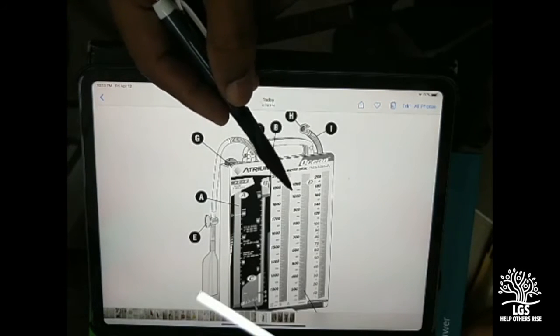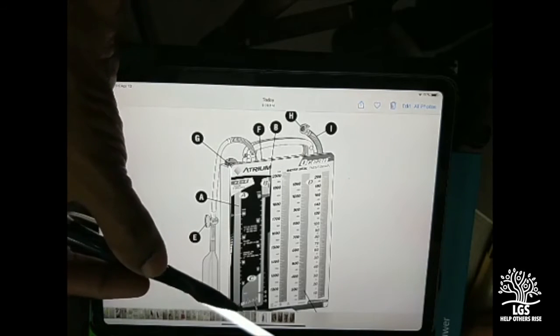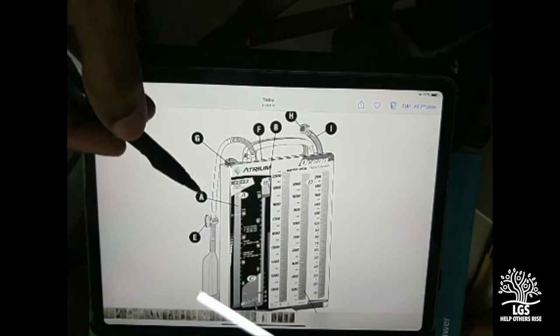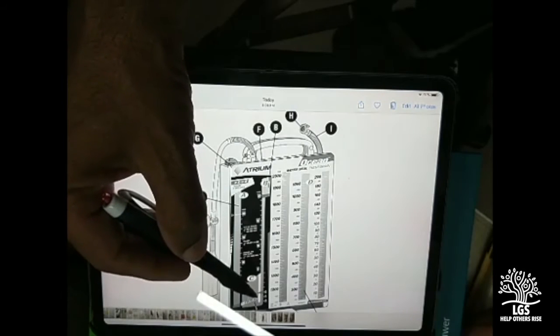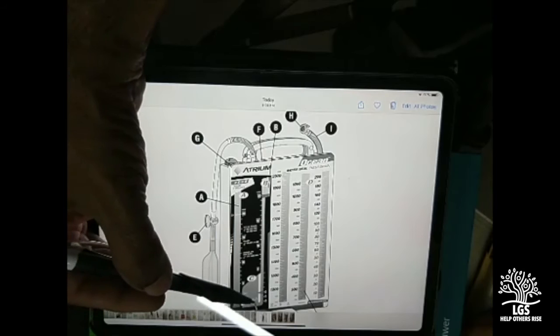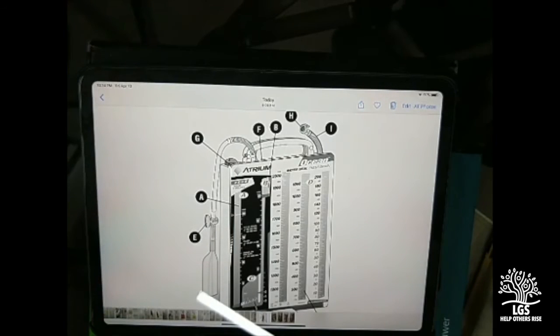The first 3 columns are for the fluid measurement. This is an underwater seal and this is a suction. So suction is adjustable from 20 to 40 centimeter. The water seal is 2 centimeters and the air leak can be graduated. You need to read a lot about it and you need to remember everything about atrium.